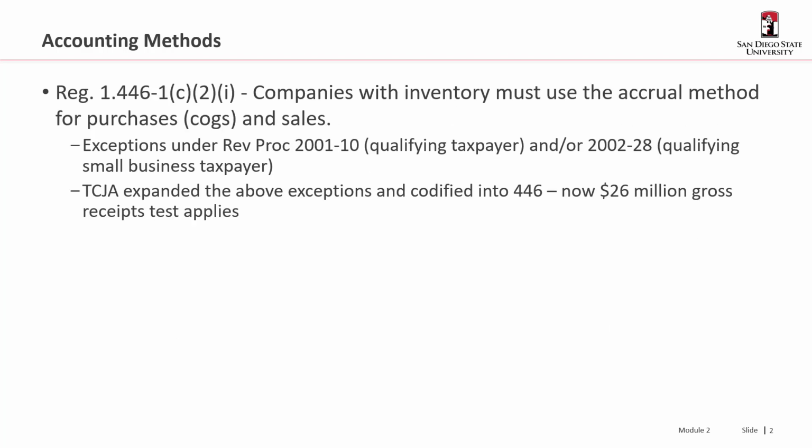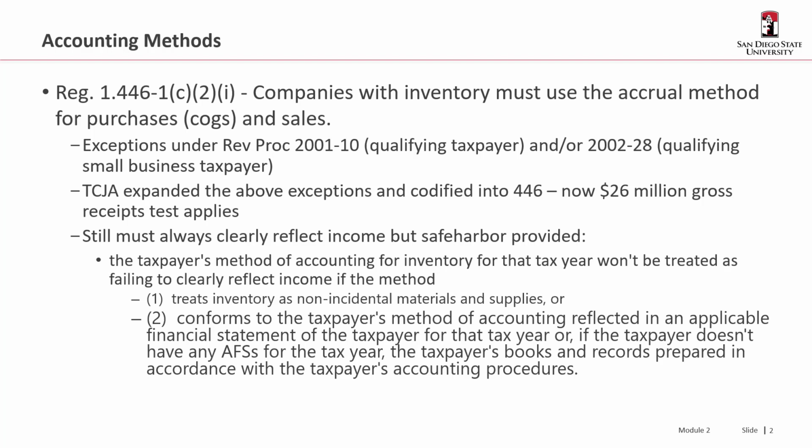And they certainly do it for inventory because you also have to track whatever treatment you use for tax. If you use the cash method, you also have to use it for your books. And so that becomes a little less relevant, because the reason that accountants invest so much in understanding GAAP accounting is because in theory it is superior to cash accounting. So larger companies really may abandon the cash method for the accrual method, but in any event, $26 million test. All right,